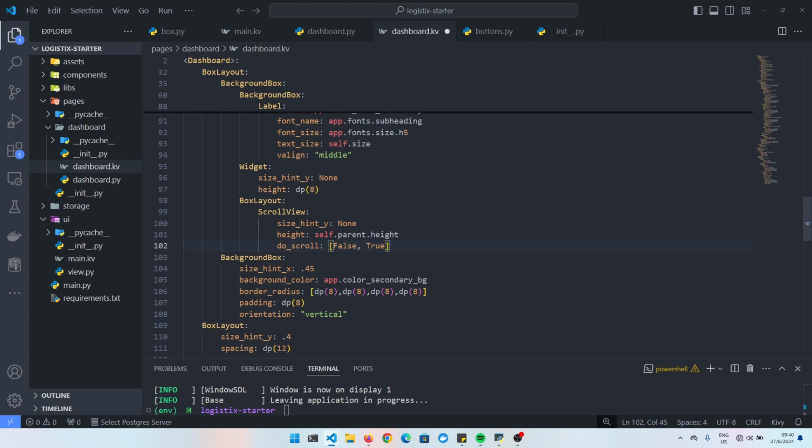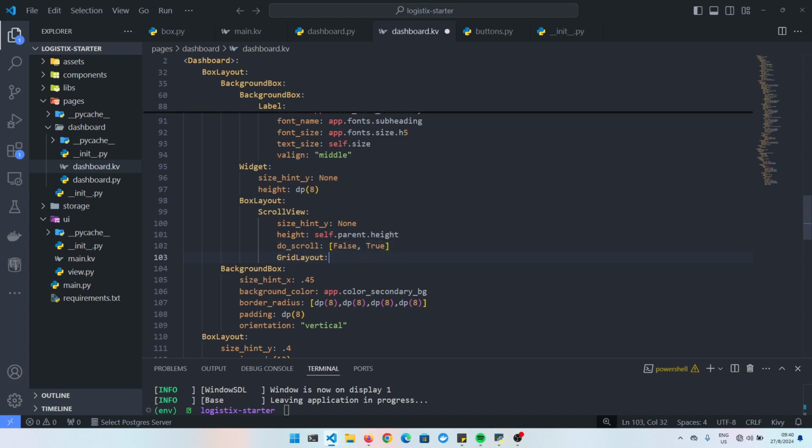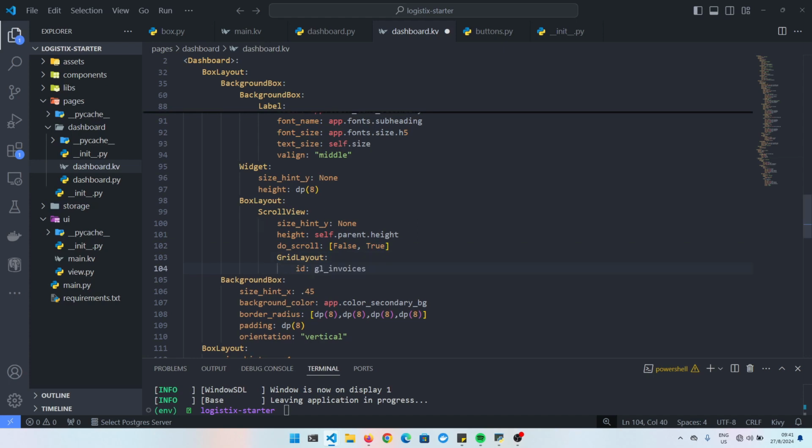Next, let's define the widget we want to scroll. We'll use a grid layout here. Let's give this grid layout an ID so we can reference it in Python. Now let's define how this grid layout should align its children. Since we want to vertically align our children, we set the cols property to 1. This means we only want one column in our grid, which effectively makes our grid put its children in rows,